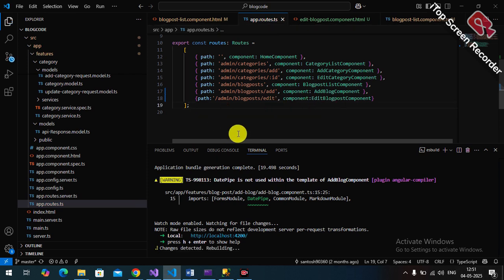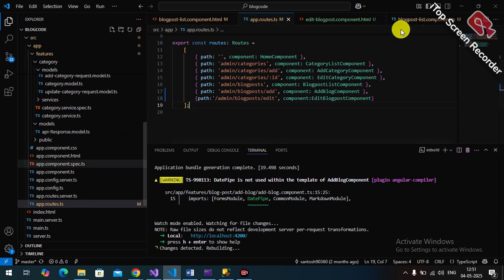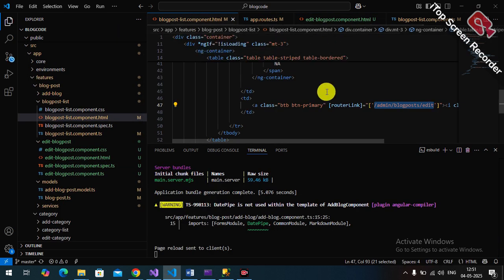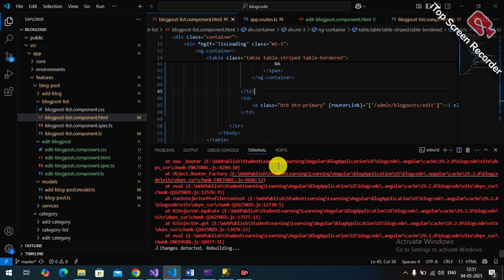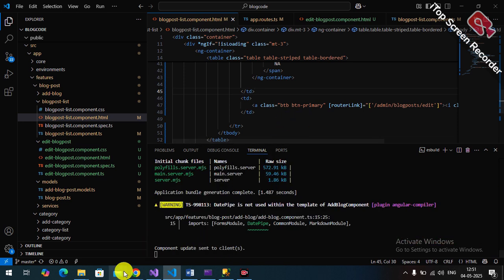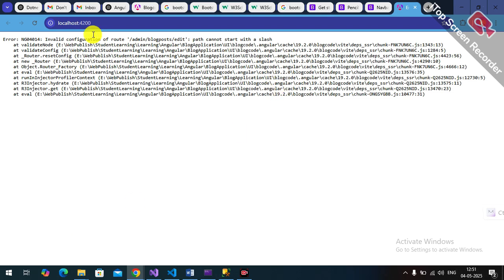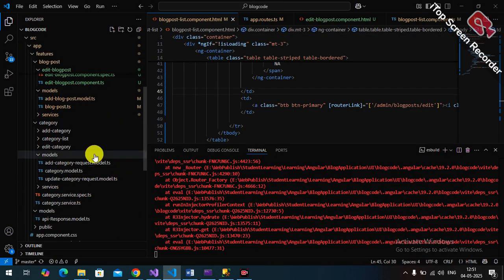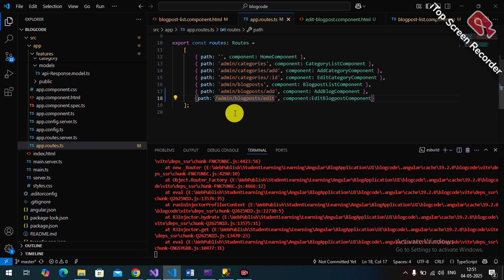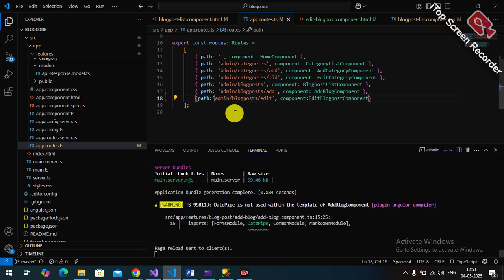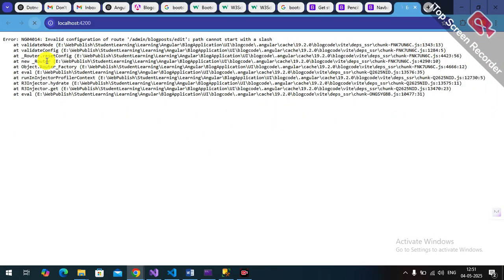Okay, so save it, then reload the page. Route edit path cannot start with slash. I made the mistake in the app route class. Correct, it's my bad. I pressed Alt Shift F for the code format, Control S, then here you go,